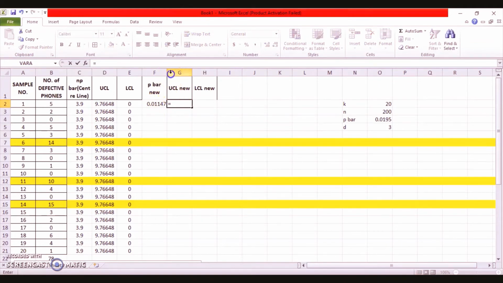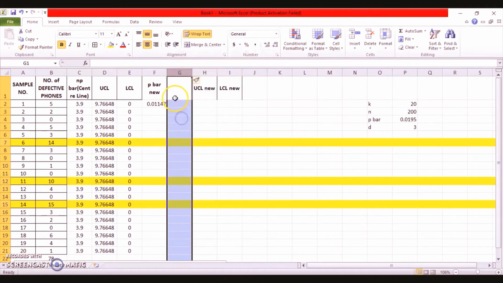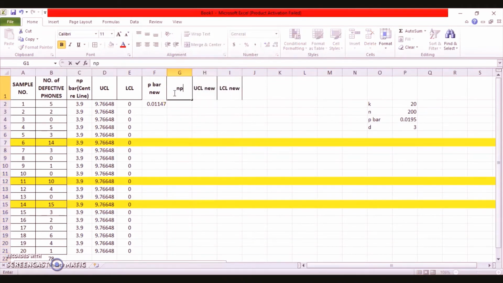Sorry, we forgot to find one more thing here. Before proceeding, let me insert one more row here. Why? Because I need np bar new, right? How could we forget np bar new? That's very crucial. So np bar new will be equal to the product of n into p bar new, right? Just put a dollar sign here and here. So for the upper control limit we need this np bar new